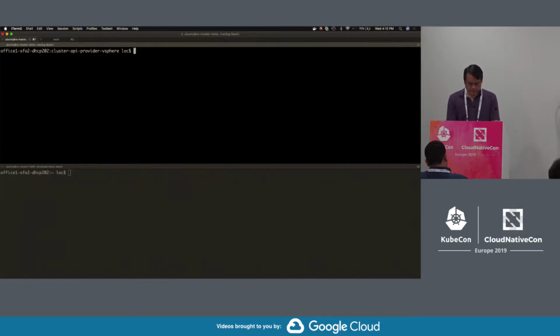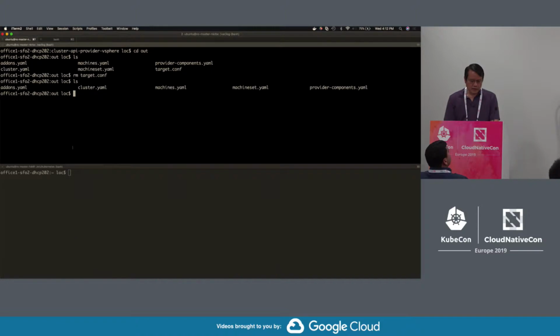I've already generated the sample folder. Inside of out, you see there are a bunch of YAML files right here. Now, when Sidharth was talking, he mentioned the provider components, machines, and cluster YAML. There are a couple other YAML files, but we're not going to discuss them today because I really just want to focus on showing a basic